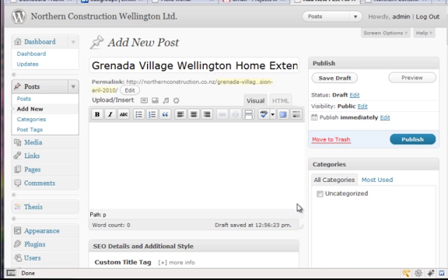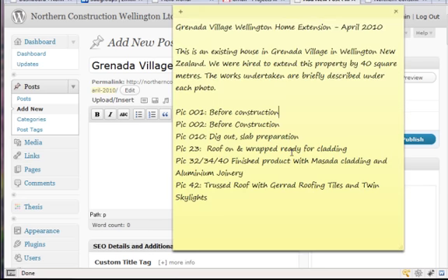Today's post I'm going to show you how to write the content for your blog, and then the next one after that is how to upload it and how to post your content. So one of the things that I always do when I'm writing a blog post is